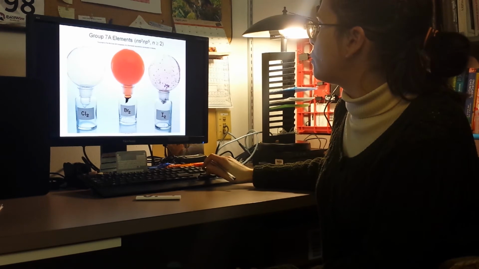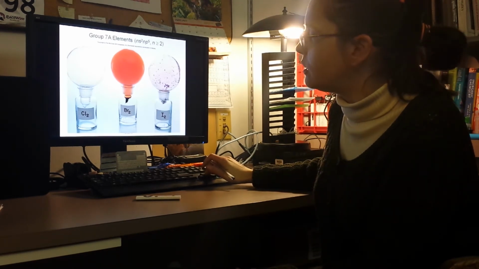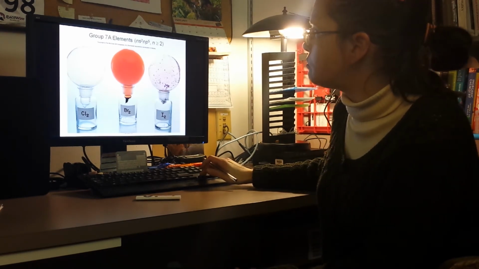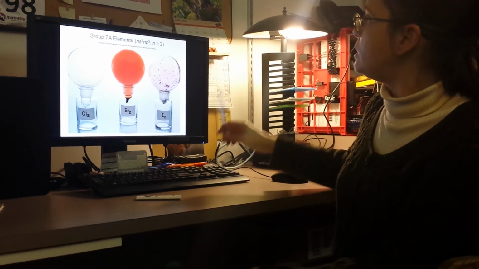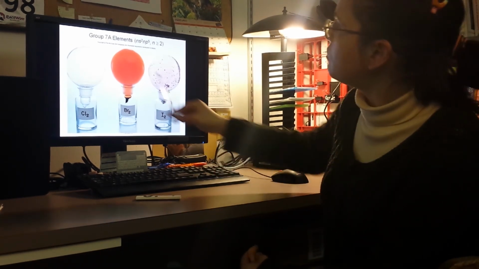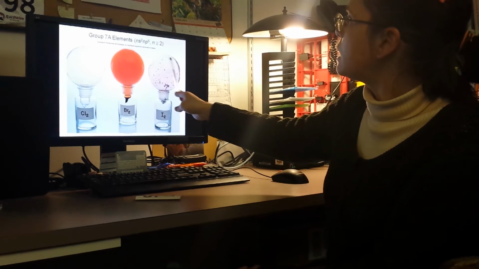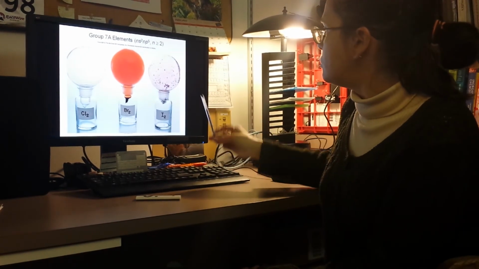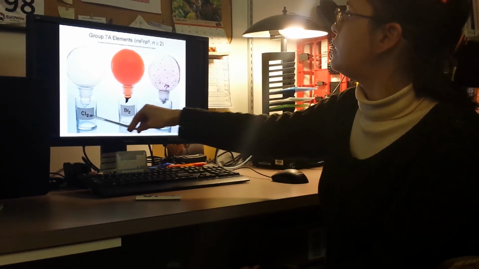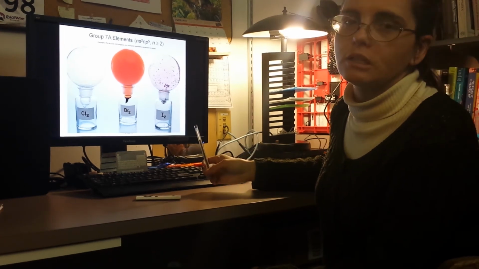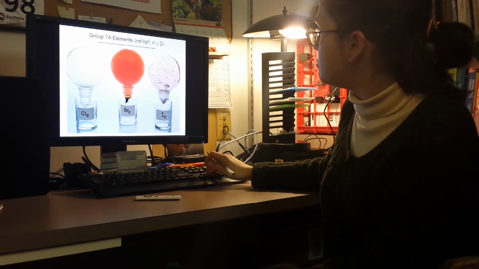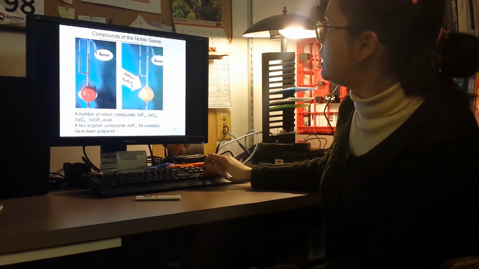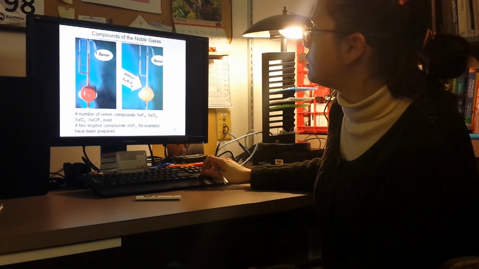Group 7A, now these are the halogens, which are almost noble gases, so all of these want to have one additional electron. We can see that they exist in the gaseous state. So this is iodine, bromine, and chlorine gases, and you can see that they do have a little bit of color in them as well. And then finally we have the noble gases,